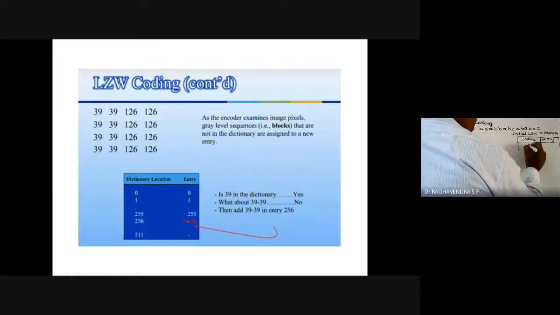We have three indices, and the entries are given as A, B, C. So this is a dictionary, and this dictionary is already given to us.